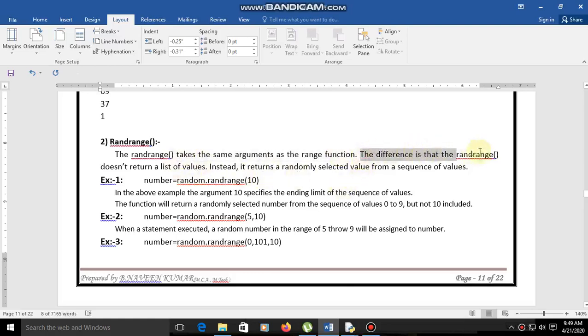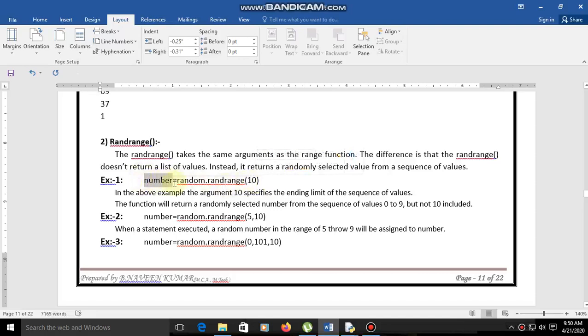The difference is that randrange does not return a list of values. Instead it returns a randomly selected value from a sequence of values. So the randomly selected value will be printed by using randrange.